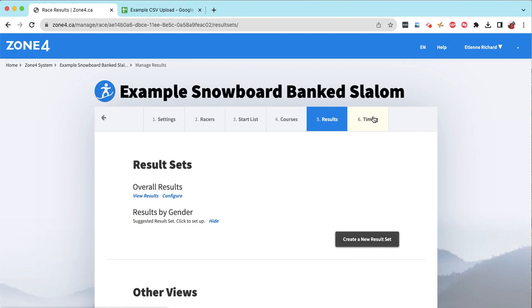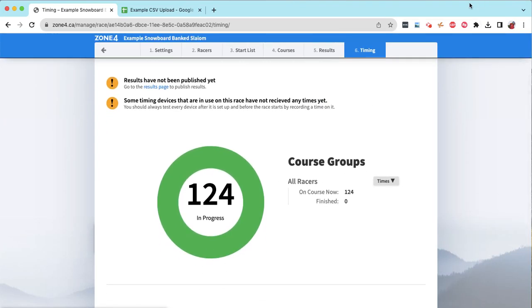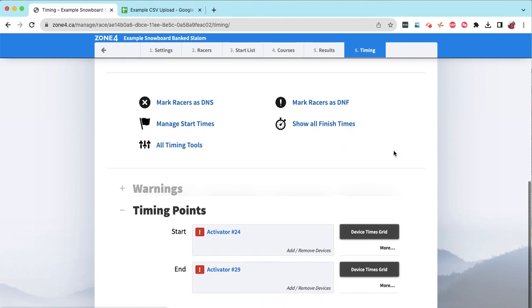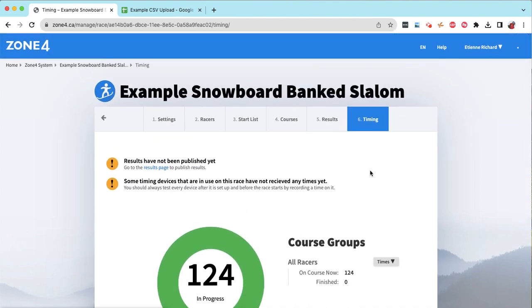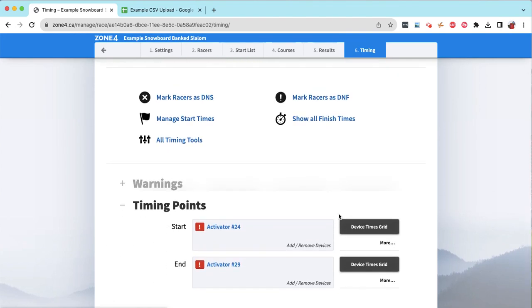Now I can go to timing. Under timing, right now we're past 8 a.m. here on my local time, so that's why it tells me everyone's in progress. But when we time the race, you'll start to see people finishing, and we'll have total times coming in. And under here, I can view my device times grids for both my start and finish,